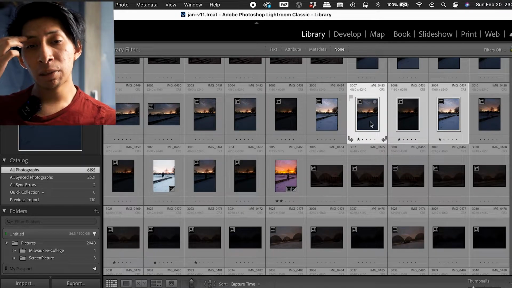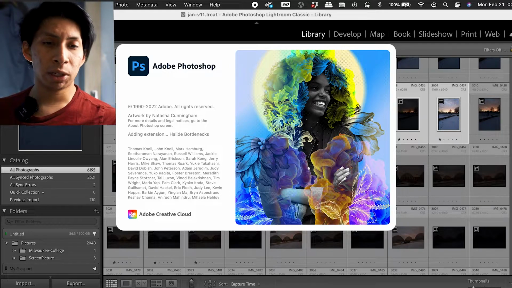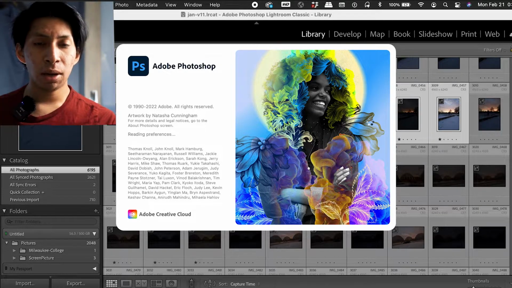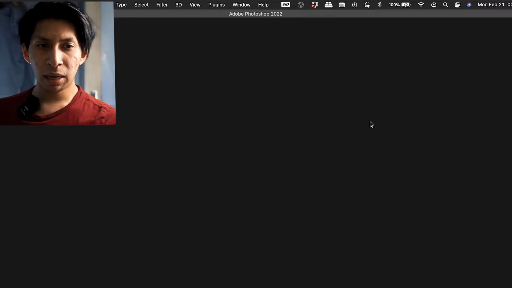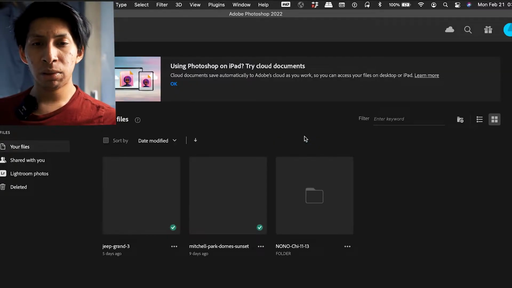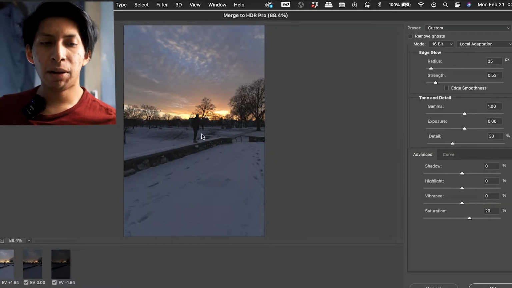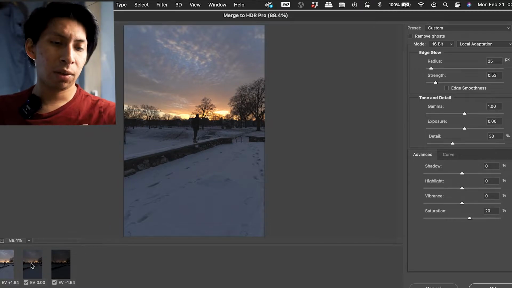Now it might take a while depending on how fast your computer is to load this onto Photoshop. Now this is the 2020 version. I just updated and it might take a little bit, so we're gonna wait real quick here until it loads. Now, the main point of doing this was to, as you can see down here, there's